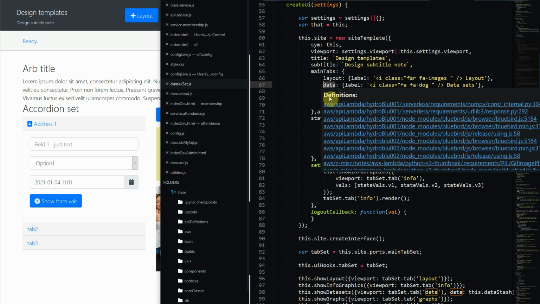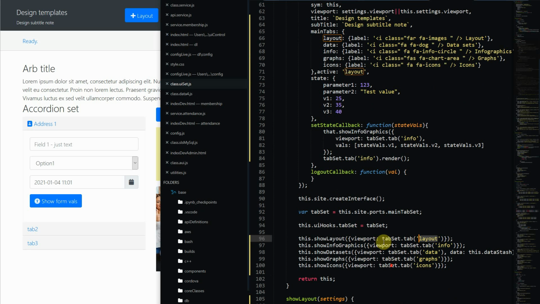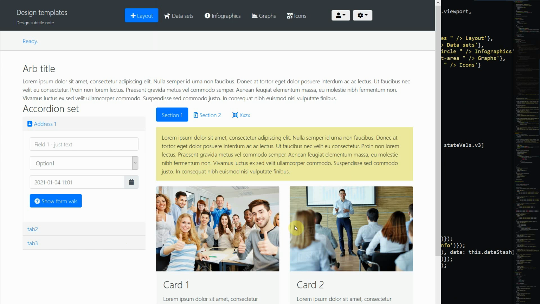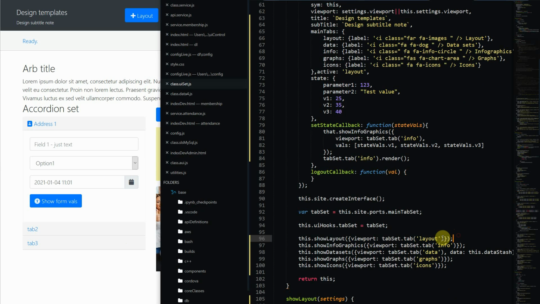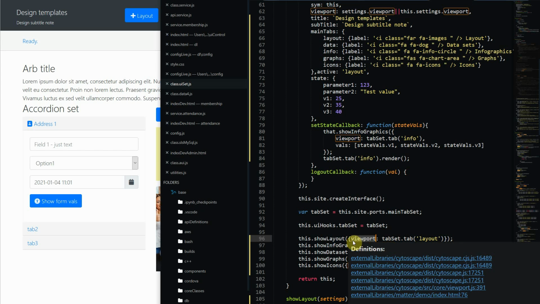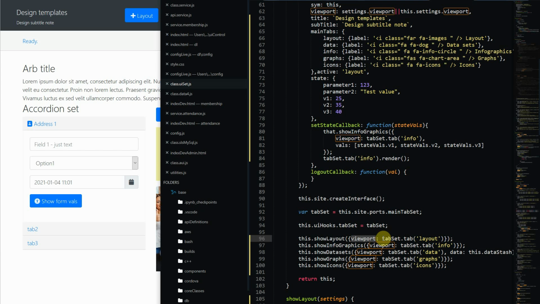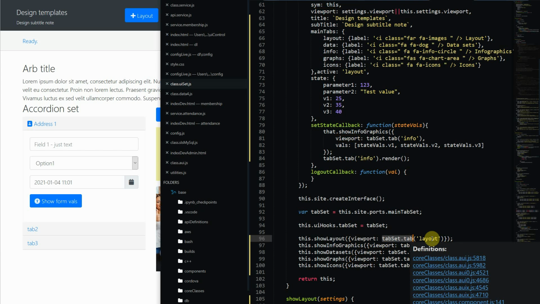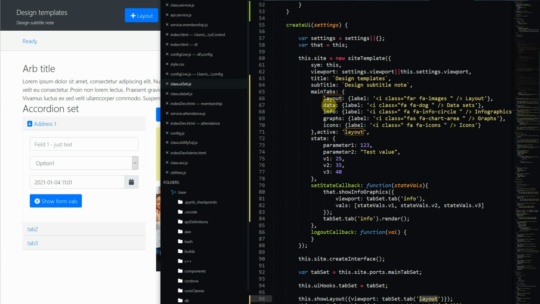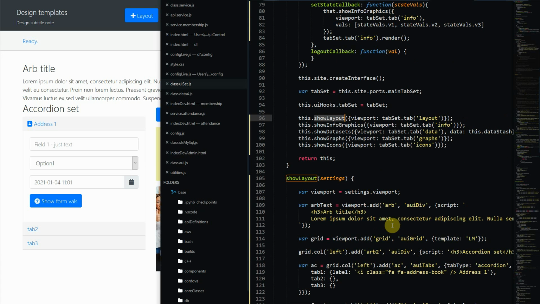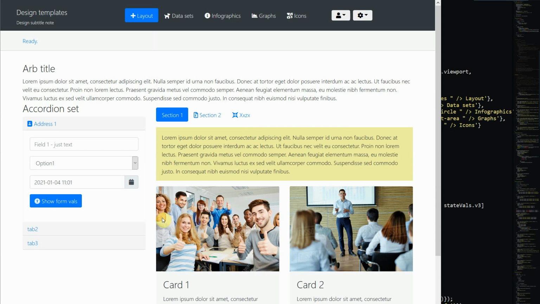So that attribute name has to be used when we specify what viewport we want this rendered into, because you see these functions are written in such a way that you could draw this section into any port on any page. So we have to specify where we want those interface elements to be drawn. So we specify a viewport attribute, and then we specify here tabset.tab, and then in that we specify layout as the specific tab where we are going to run the function show layout. So that's just introducing us to the overall framework of this